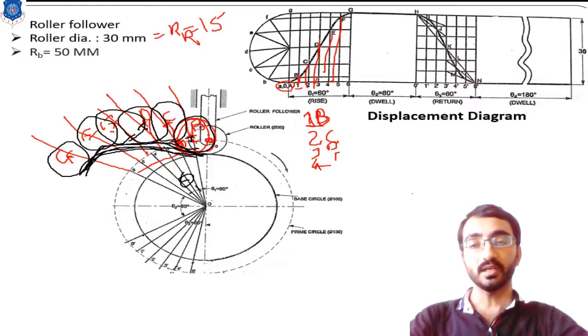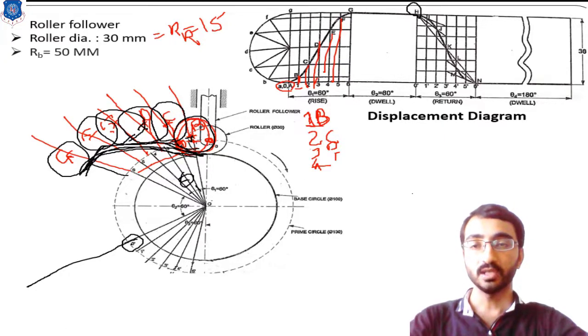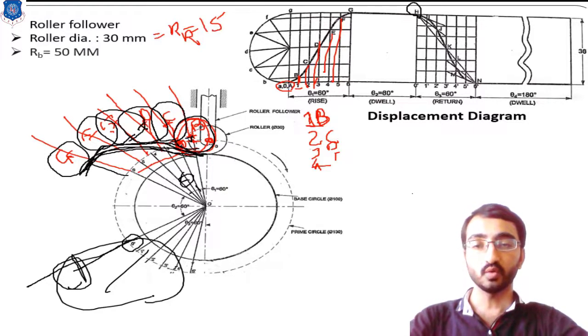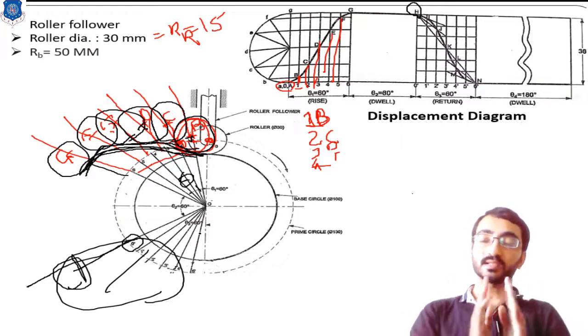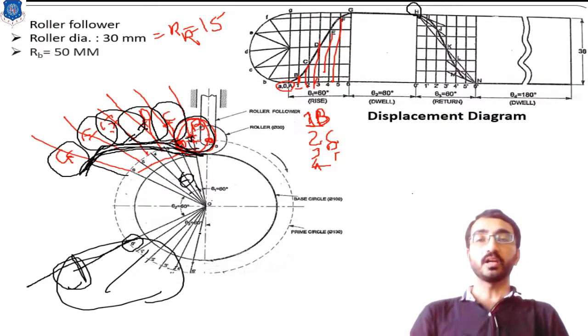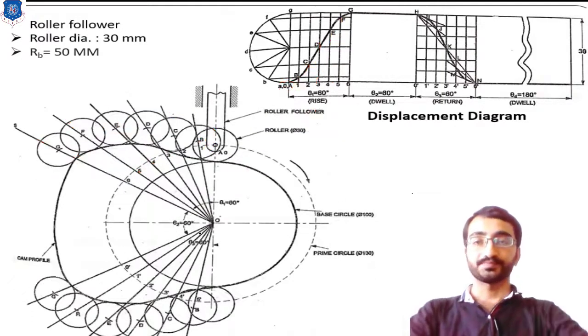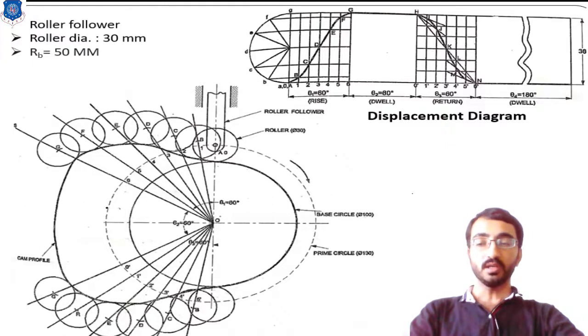Now theta 2 is your simple dwell position. So from this 0 dash to the edge distance, this will be the same as 6G. Make this one mark point and draw a roller, and in a similar way you can follow the rest of the steps the same way as we have followed in theta 1 to get the different points on theta 3. Then simply joining these different points will give you the cam profile for the roller type of follower. So this is the simple procedure to sketch the cam profile for the roller type of follower.